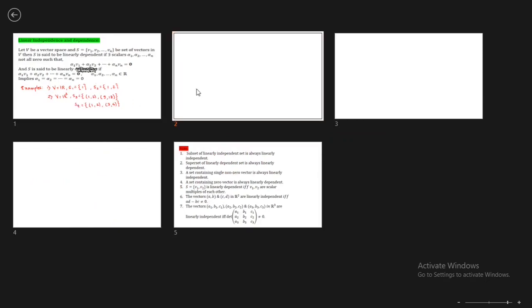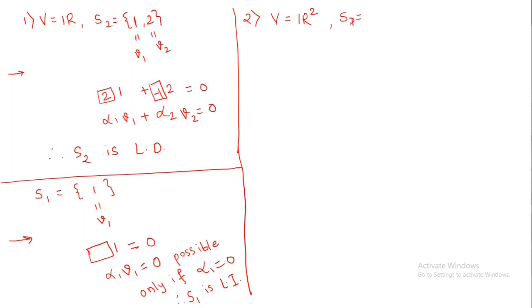1, 2, 9, 18. Not S1, it is S3. 1, 2, 9 and 18. So again I will call it V1, and I will call it V2. The logic is the same. So I will write 1, 2 over here, plus 9, 18 over here,